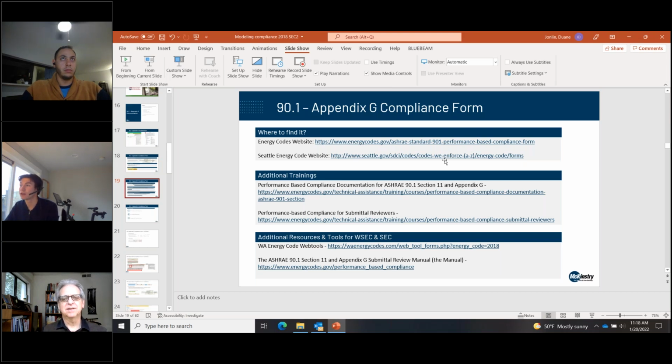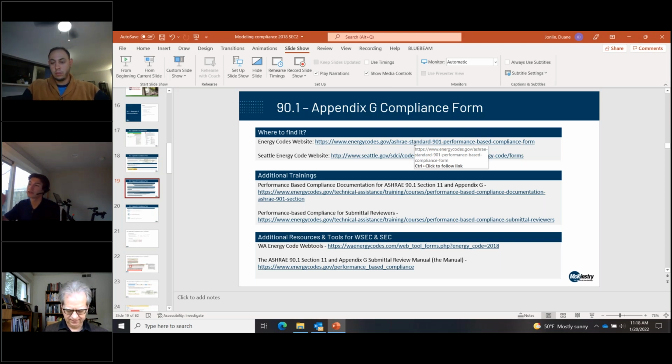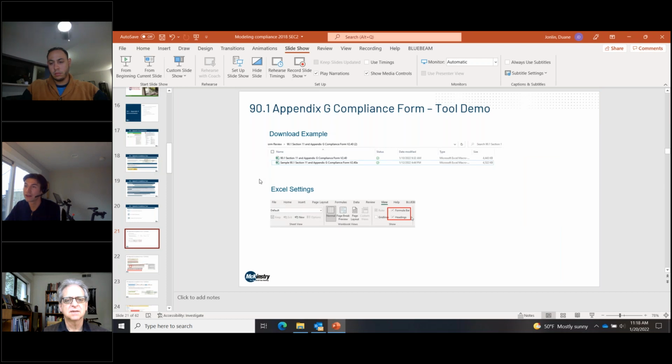Once you get into the Seattle Energy Code website link, once you get into the DOE page, you have to click on something to get yourself into the Seattle one in particular. It's all the same workbook, so you just need to download the two files. It will come together like this, and you'll open this 90.1 Section 11 Appendix G file, and then